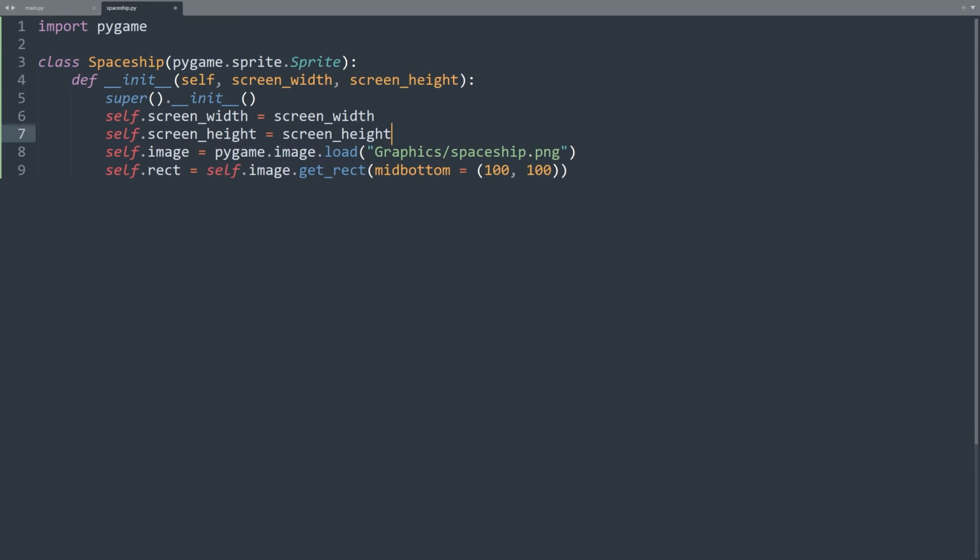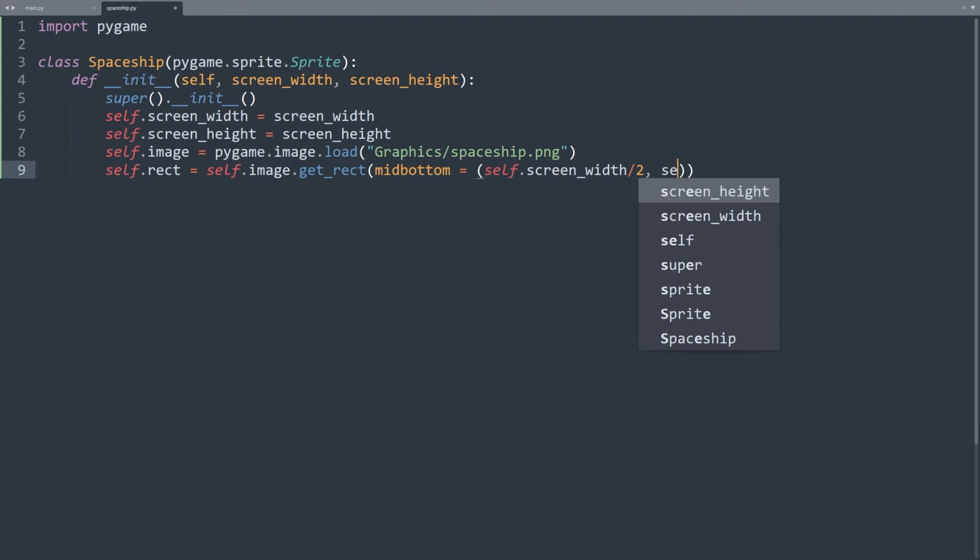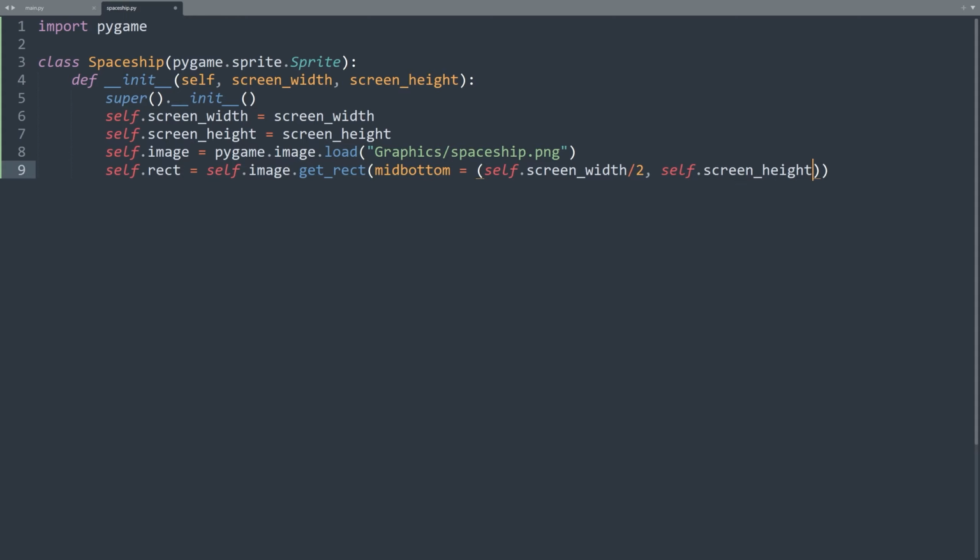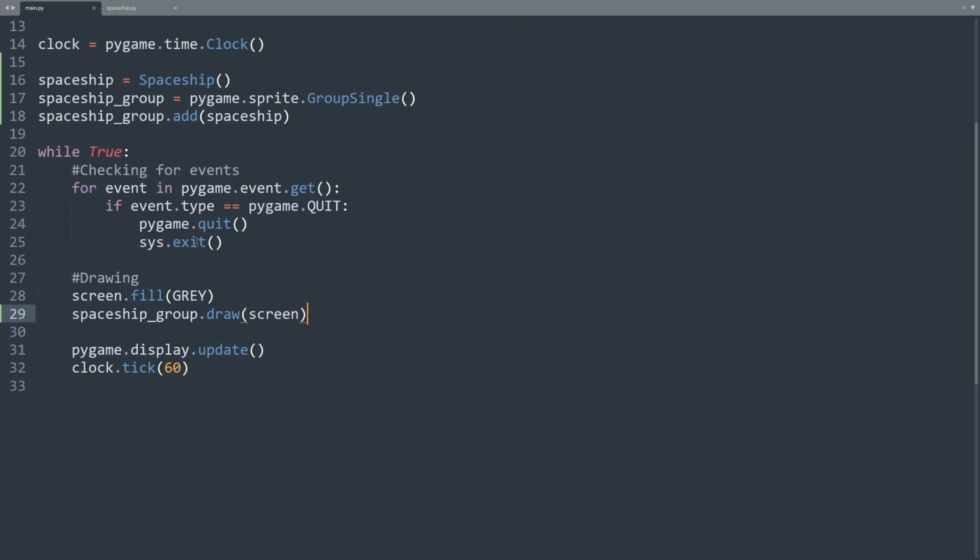Then we will update this line of code to position the spaceship in the middle of the screen at the bottom. What's the screen position for this point? It's quite simple. For the x-coordinate, it's screen width divided by 2, and for the y-coordinate, it's screen height. Here's why. When we want to center something horizontally on the screen, we put it at half of the screen's width. And to place it at the bottom, we set the y-coordinate to the screen's full height. So, screen width over 2 is the center of the screen horizontally, and screen height is the bottom of the screen. Now, let's return to the main.py file to test our changes.